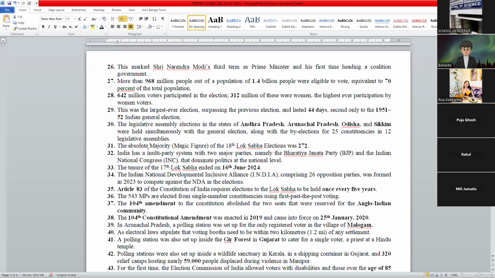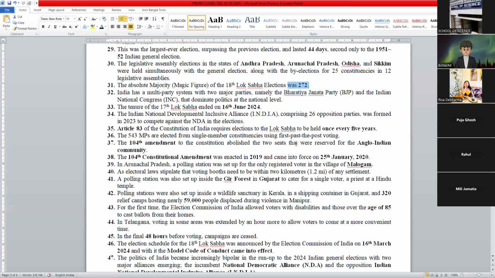Point number 31. The absolute majority magic figure of the 18th Lok Sabha elections was 272. This is very, very important. This is called the magic figure. The absolute majority of the 18th Lok Sabha elections was 272. Point number 32. India has a multi-party system with two major parties, namely the Bharatiya Janata Party and the